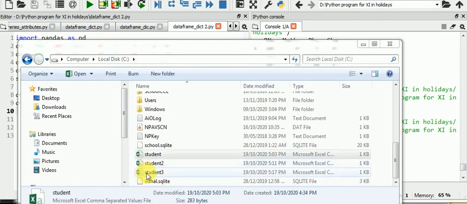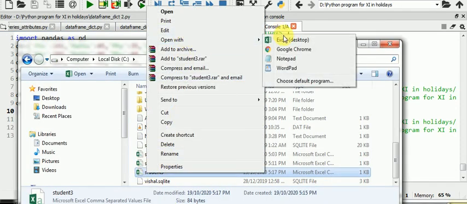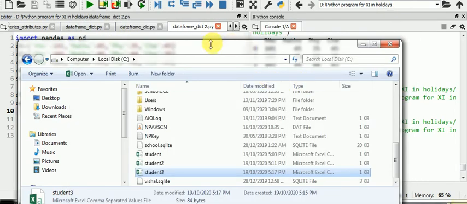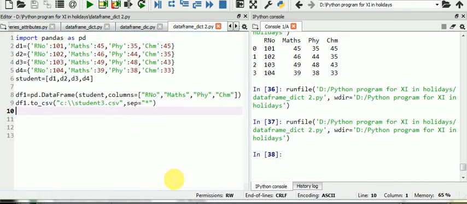Now that's student3. I am opening Notepad. Yes, in place of the comma, the star symbol appears here. So by default it overwrites my existing file. My previous file existed, but when I run this program again, it overwrites the data and gives the star symbol in place of the comma. This is the way that we can read or write